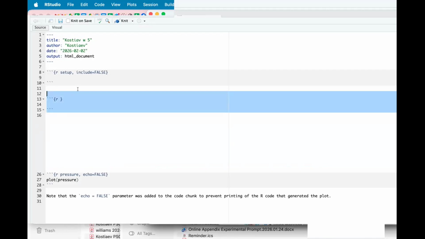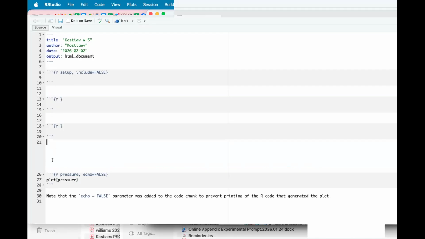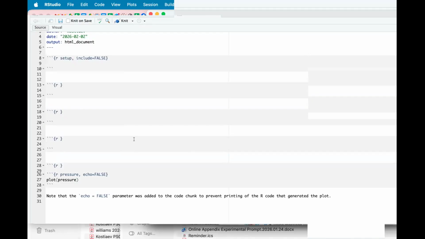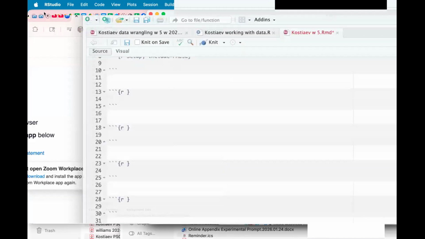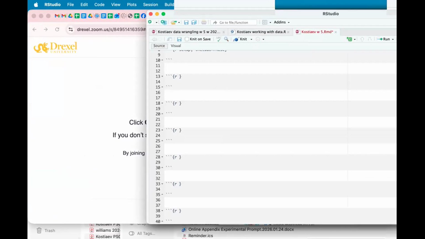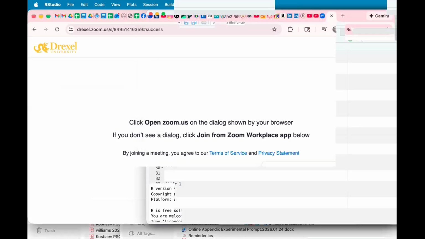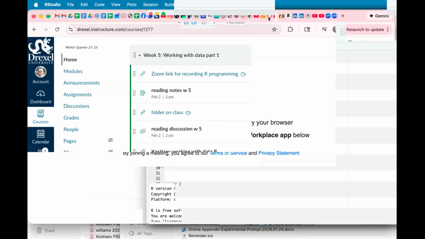And we give ourselves a little bit of space for this. And then I really don't remember that code. So again, we just go to